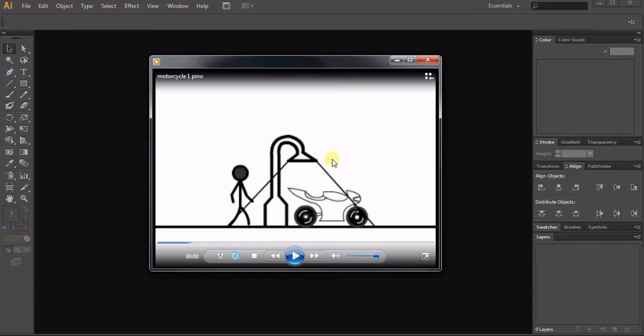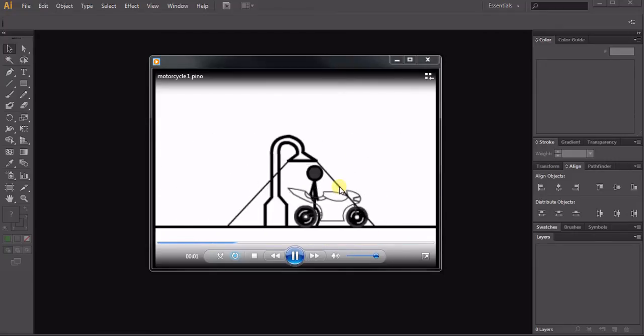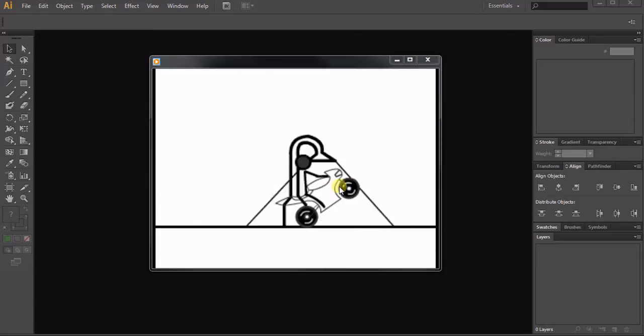We're going to be making a motorcycle animation today, and I'll go ahead and play this here, and it's going to look very similar to this. It'll be in a little bit different style, but that's okay because I want you guys to do your animation